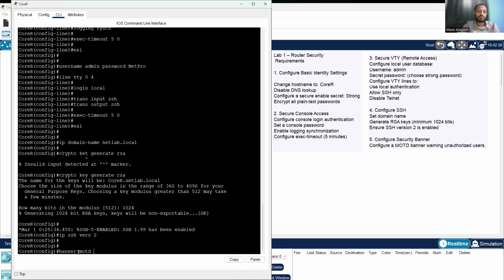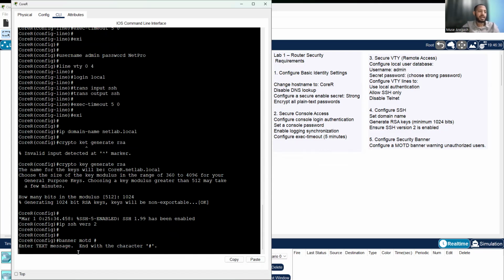Then we use any sign that we want. I'm going to use hash, then enter. Now it will let me enter the text. Everything in between this first hash and the next hash would be displayed. So I would type warning